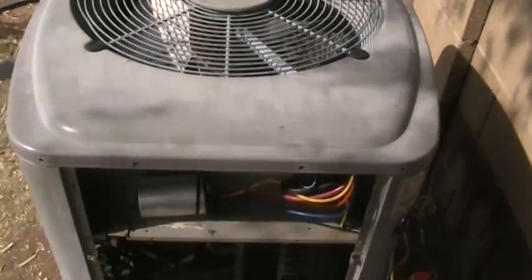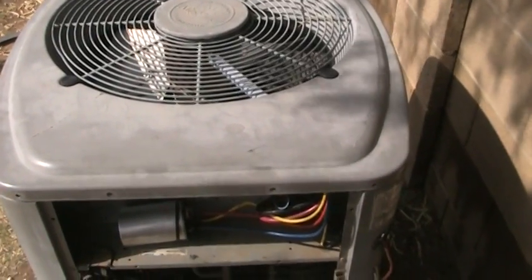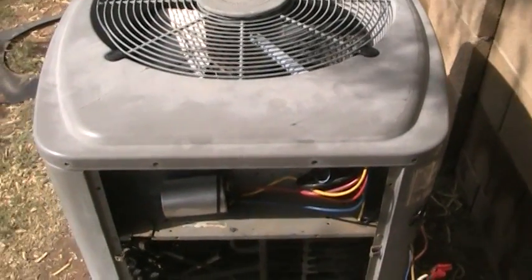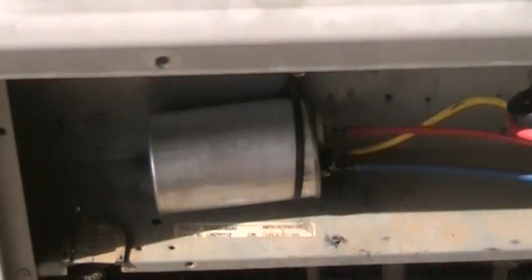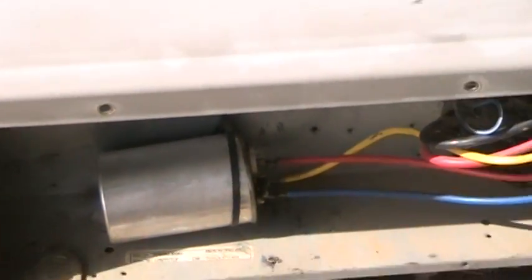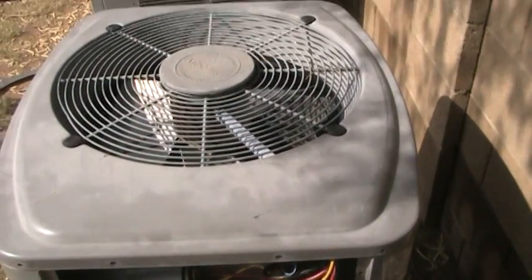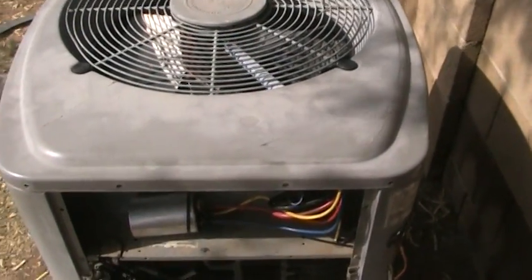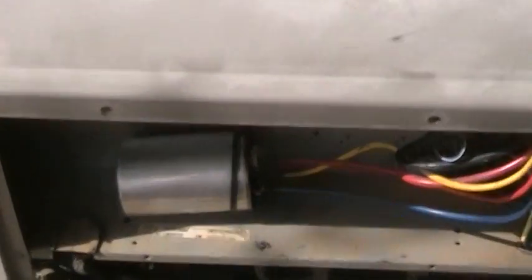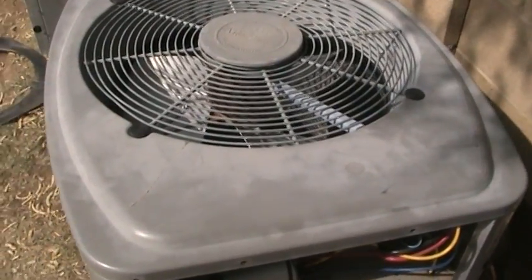If you were to put the fuse block in and neither the compressor nor the outdoor fan motor would start, then your most likely culprit is this capacitor right here. Now there's one other scenario. If you put the fuse block in and the fan motor starts but the compressor doesn't, then once again your culprit is your capacitor. So just with those simple three-step diagnostic remedies,